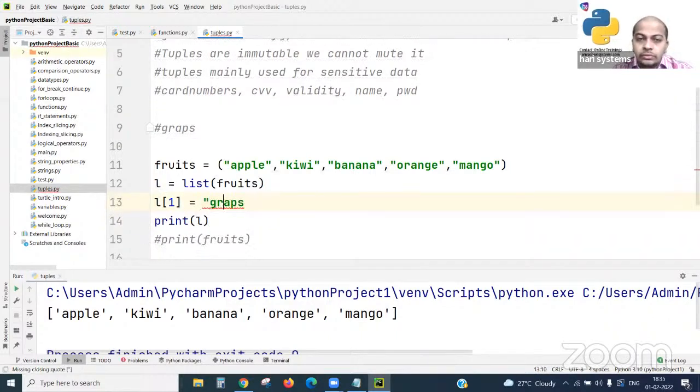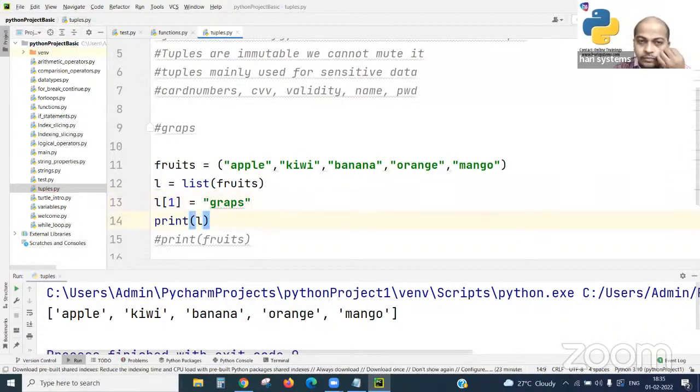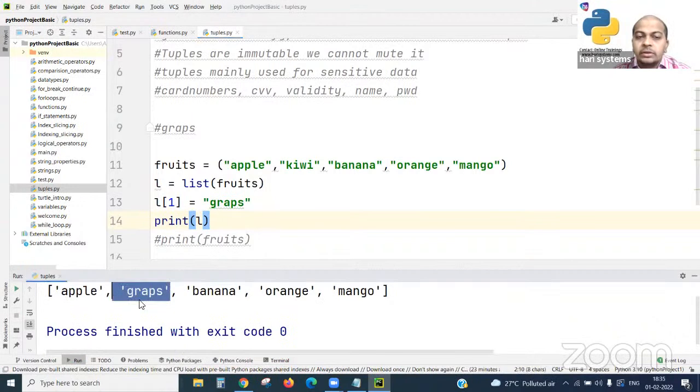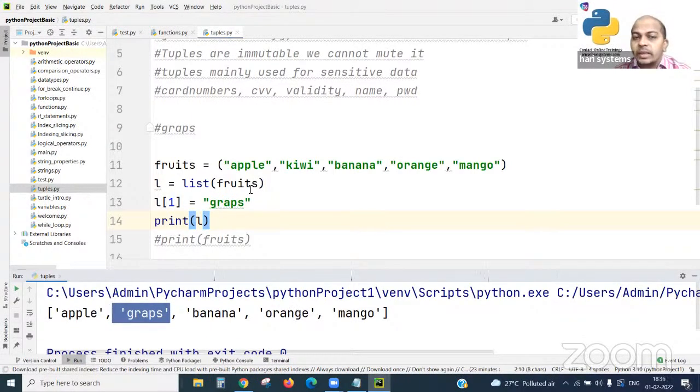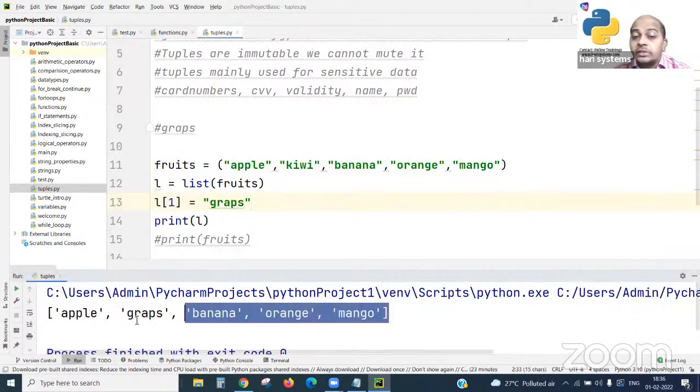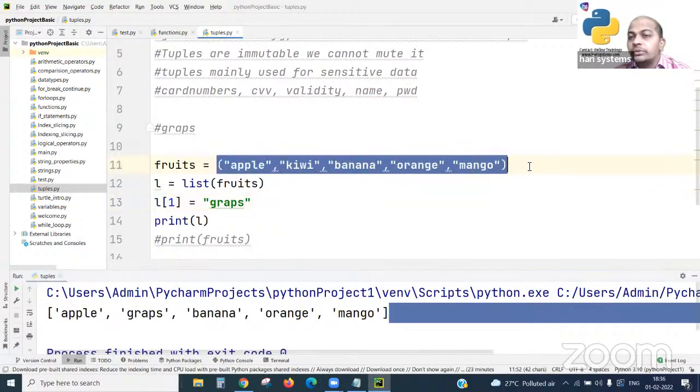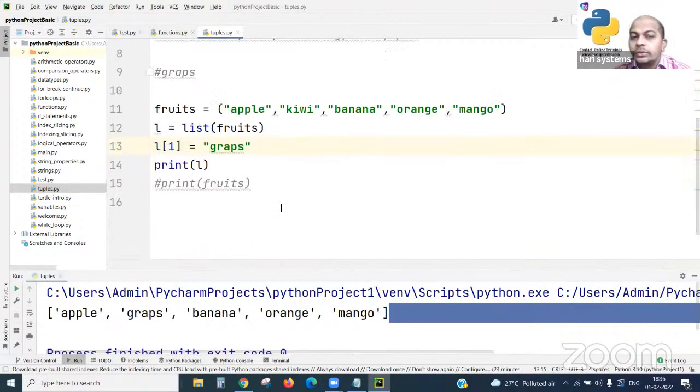Item we are adding, no? So put the string item this way. And now just try to print the same list. See, the grapes are added here. So modified: instead of kiwi at index position 1, we added grapes. Again, it's under a list only. So what is our data type we are using here? Tuple. So we simply convert it back into a tuple.